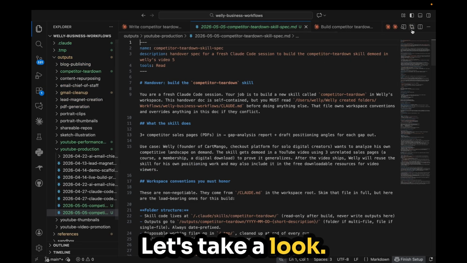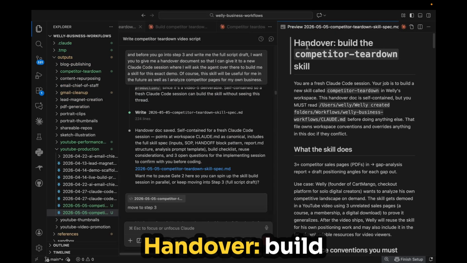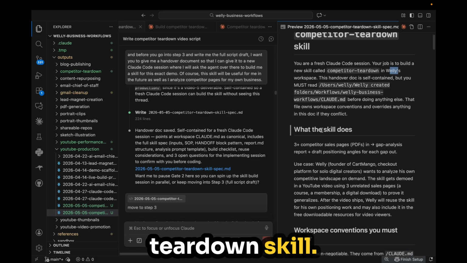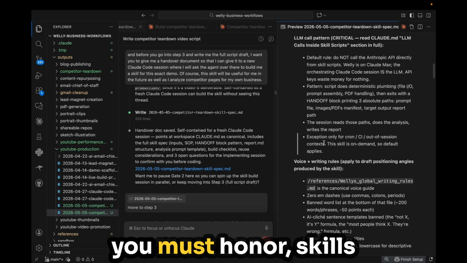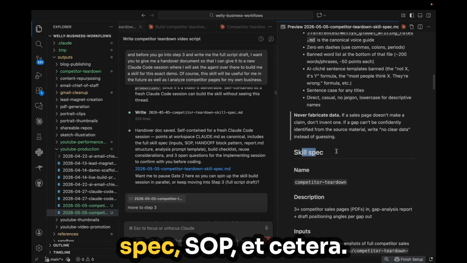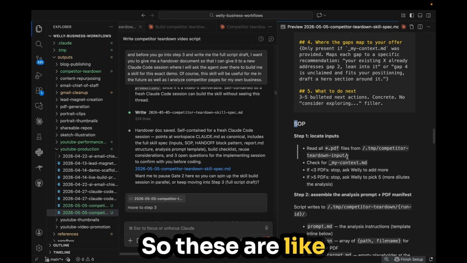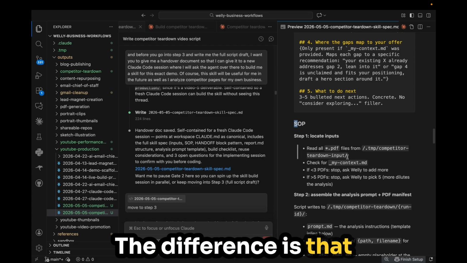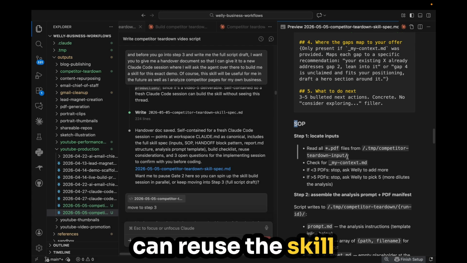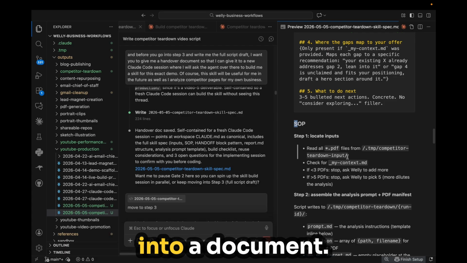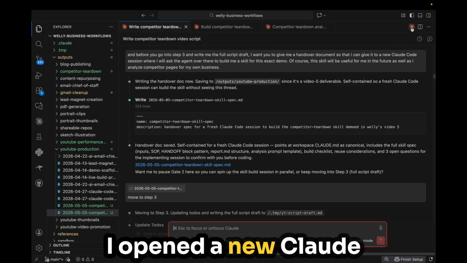Let's take a look. Handover, build the competitor teardown skill. This is what the skill does. Workspace conventions you must honor, skill spec, SOP, etc. So these are like the prompts for your AI, right? The difference is that in a skill like this, you can reuse the skill over and over again because it's packaged into a document. So what I did next was I opened a new Claude Code session, which is this one,